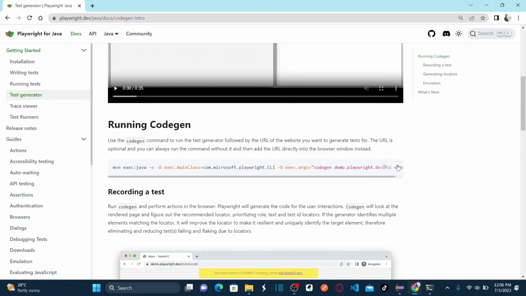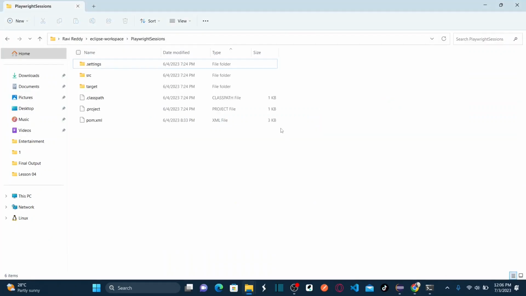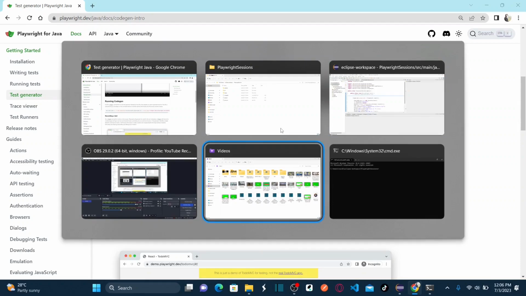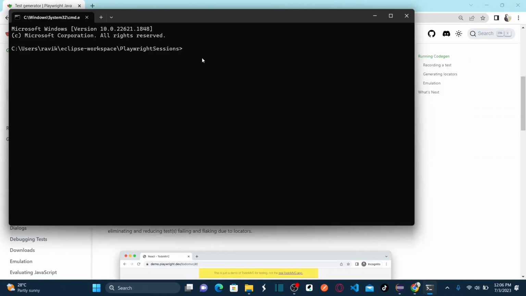Okay, and here go back to command line, and here you need to paste this particular code. Okay, we are in project folder, where we created the project. We are in the location of project folder, and here you can delete your sample website that is available in